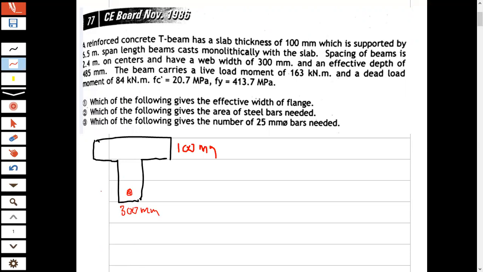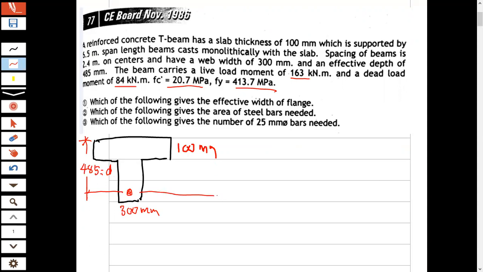Okay, what else? Effective depth is 485. So from here, going here is equal to 485, which is our d. Okay, the beam carries a live load of 163 and a dead load of 84. So you have your 163, that's live load, and then dead load is 84. f'c is given, fy is also given. So if we're going to draw here the internal forces,